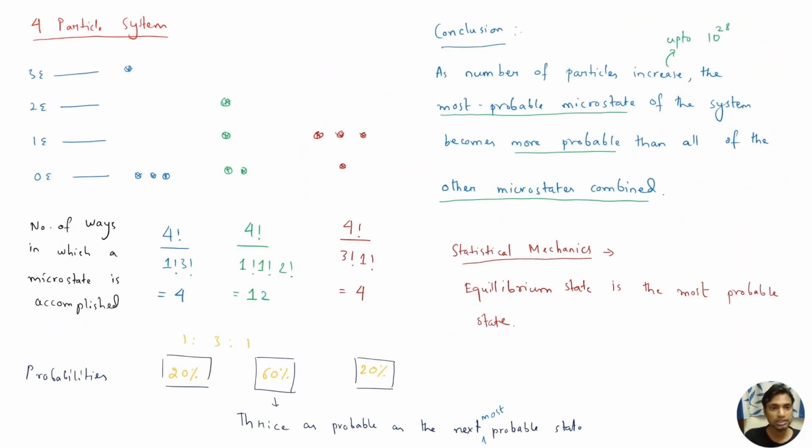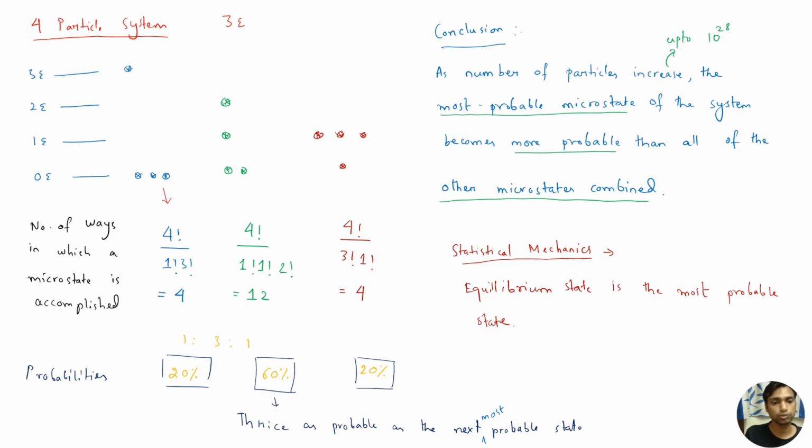So in the 4 particle case, again what we want is a total energy of 3e, and this can be obtained in many ways. Now, in the following 3 ways. In one way, one particle is in 3e and the others in 0e; in another, one in 2e, one in 1e, and the two others in 0e. And this is another case where three particles are in 1e and one particle is in 0e. Now similar maths will apply for the number of ways in which this microstate can be obtained.